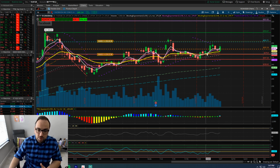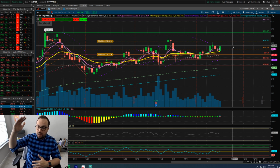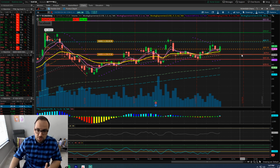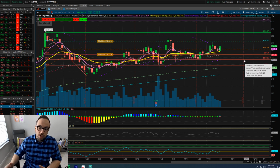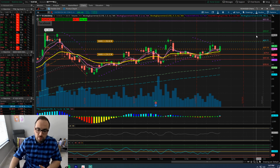So basically looking for Facebook to ping pong around the 290 down to 275 until we get a break higher or lower. To the low side, if 274, 275 breaks, we could potentially be looking for 267 to even 265. And then to the upward momentum, which I'm more of a bull on this one, so we're going to give it the old,